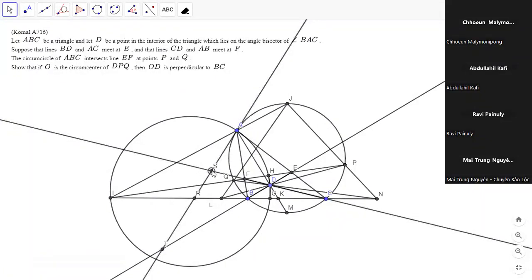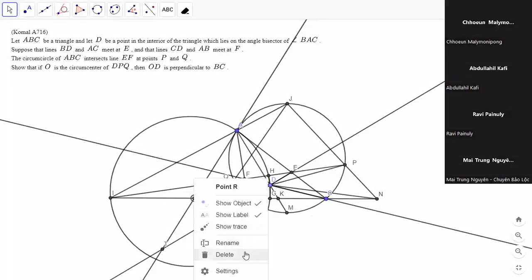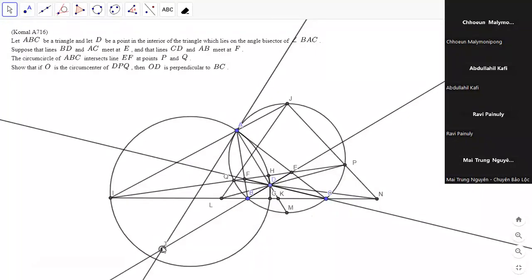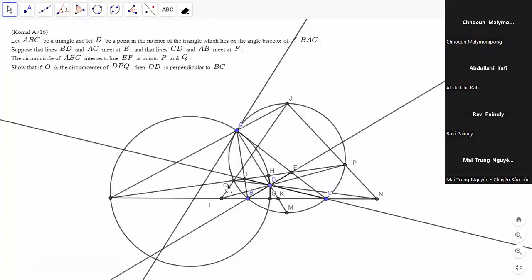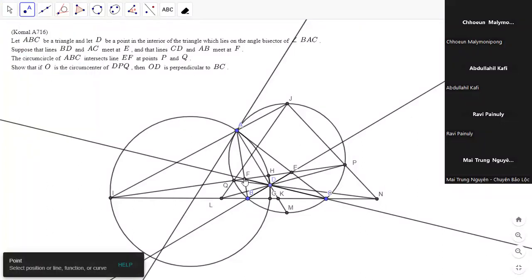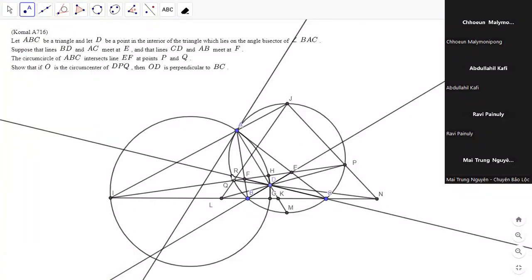Yes, you should keep the tangent. Okay, I'll keep it. Hold on just a second. All right. Yeah, and